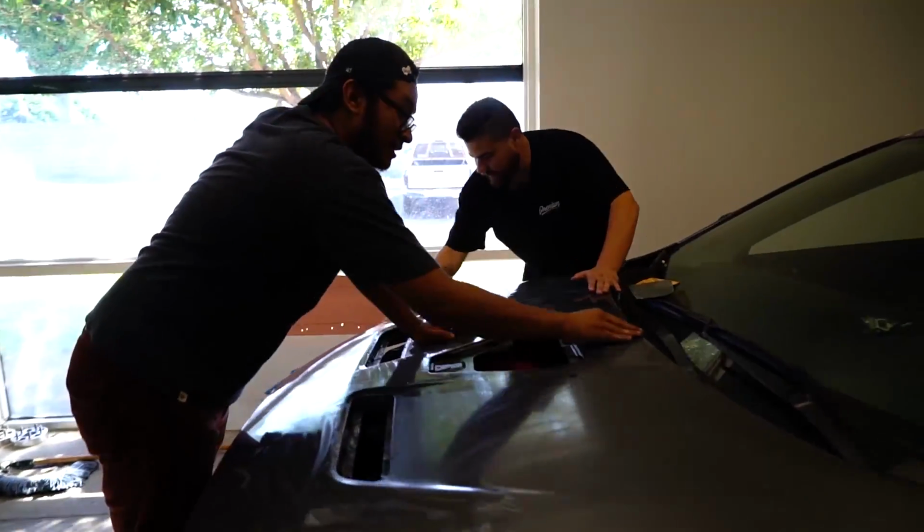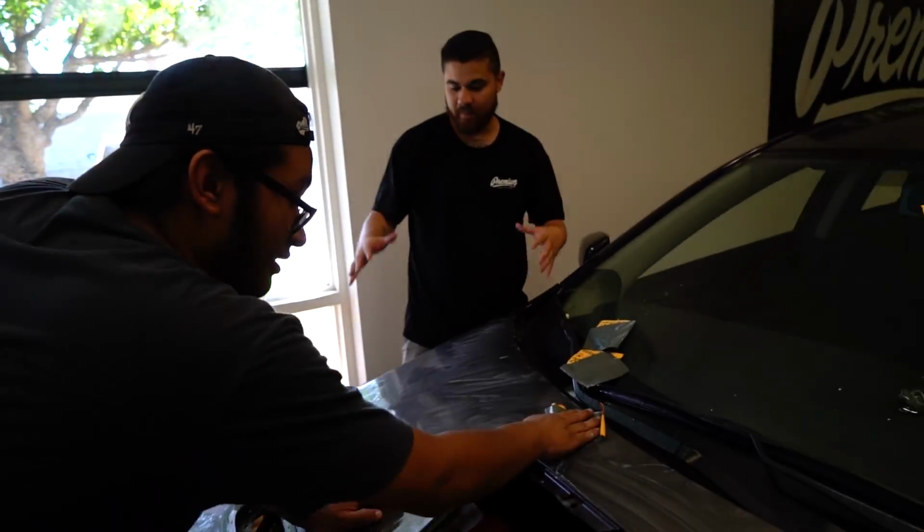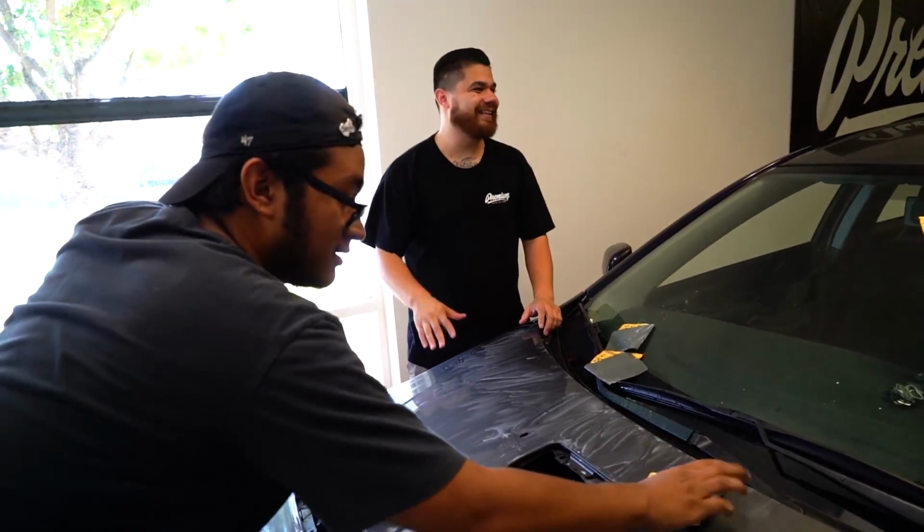What's happening? What is happening? We're sanding down this hood to get it really nice. This car was really beat up. So if you remember when we...